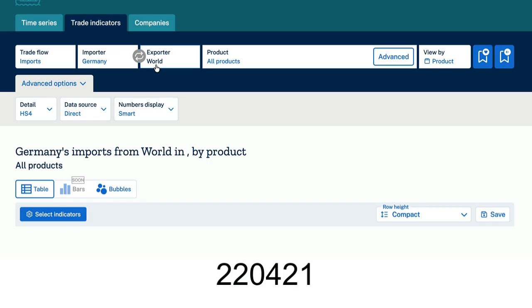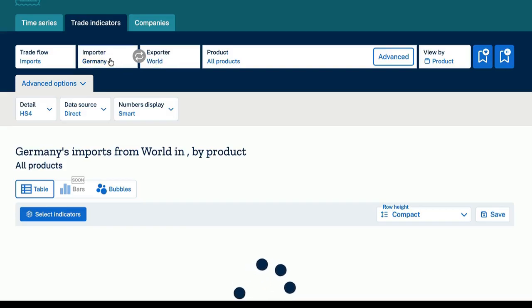Let me remind those of you who are new to TradeMap that it's very important to register. Registration is free and serves 2 purposes. First, it allows you to view trade flows down to 6 digits of detail. It's not the same to search for 2204, which refers to other wines, as it is to search for 220421. And second, in certain cases, which we will look at, it allows you to find out which companies, in this case German companies, have imported this type of wine during the current year, which in our example will be the year 2024.